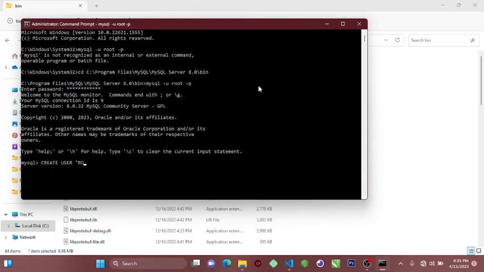Okay, let's see if root would work. Root, then at, in quote again, localhost, close your quote,